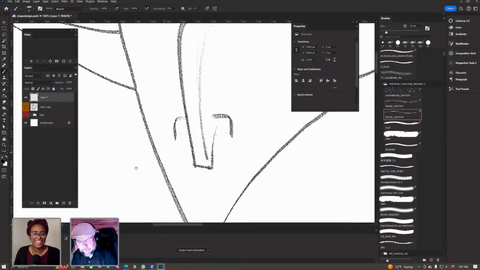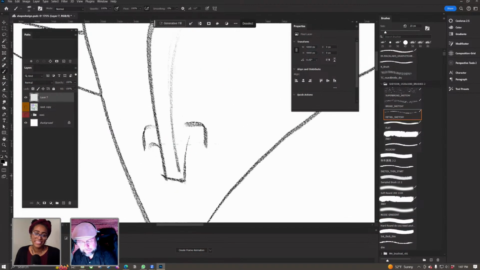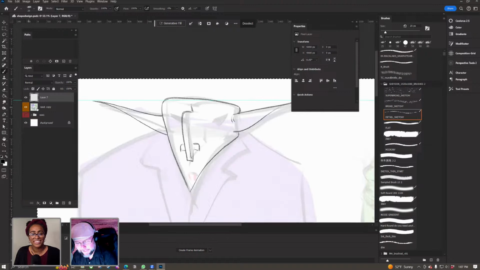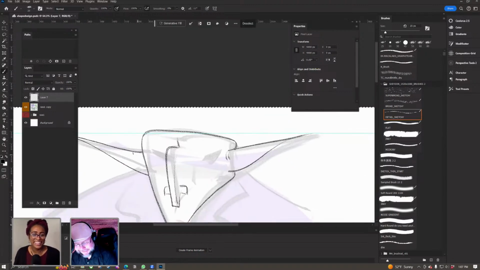And then he's looking at us straight up, so you would be able to maybe see some of the nostrils. So it's mainly just a curve like that. But let's get to the fun part, which is the eyes, my favorite part, because eyes are the window of the soul.